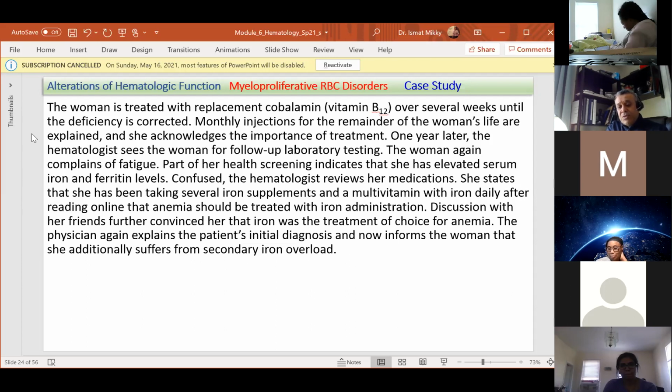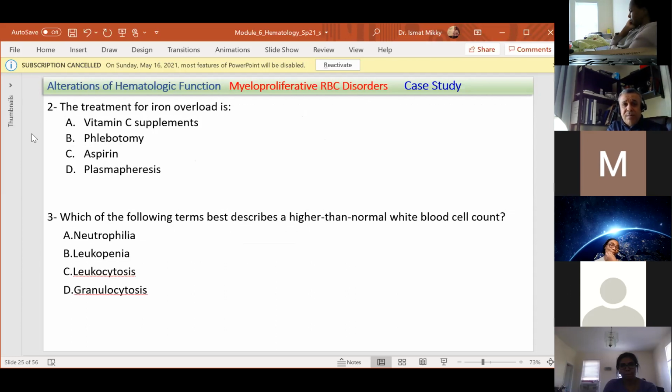So the physician again explains the patient's initial diagnosis and informs the patient that she additionally suffers from secondary iron overload. Which means that the patient solely relied on the online resources to treat her disease, and eventually she developed an iron overload, taking too much iron. Now, the treatment for iron overload would be,